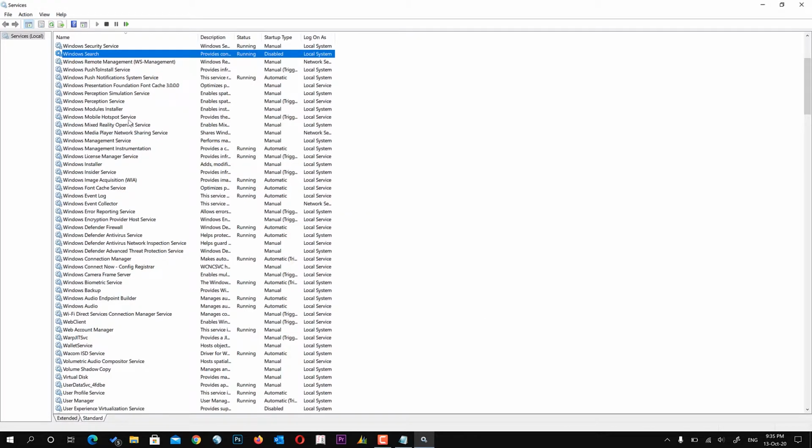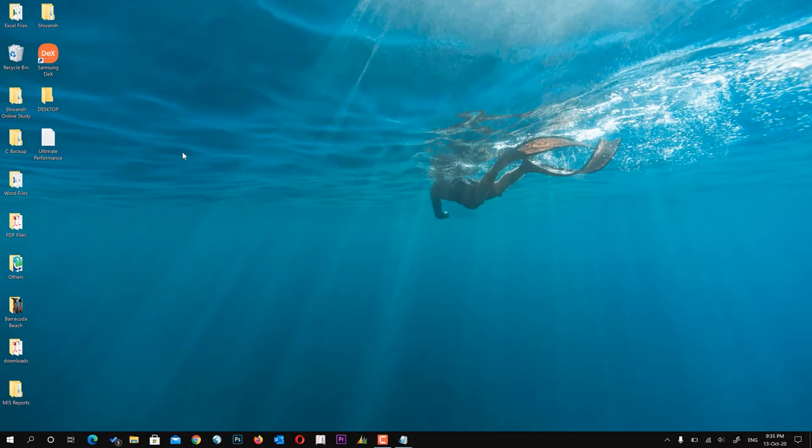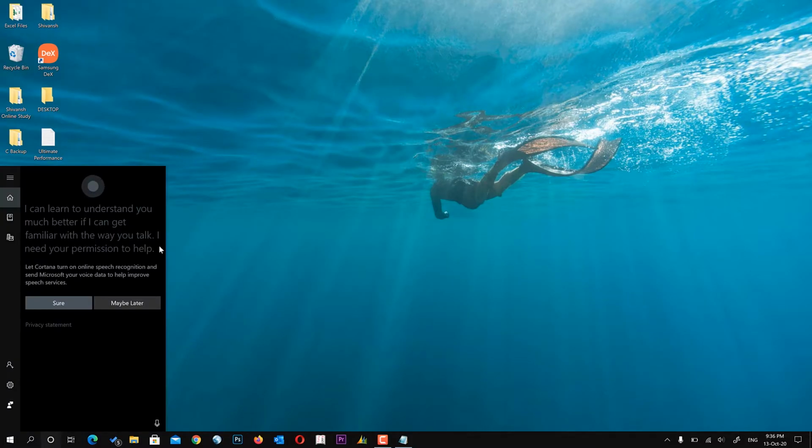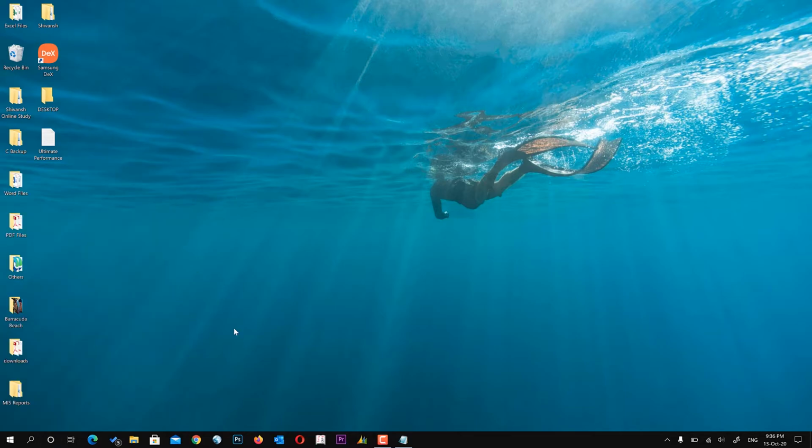After that, your searches may be slightly slower, although you may not notice the difference, but you should get the overall performance boost. Now the next thing is to disable Cortana. While Windows 10's digital assistant, Cortana, is a handy feature, it uses a lot of resources and also poses a privacy threat. Cortana used to be easily removed, but in the up-to-date version it is a little bit difficult. If you are willing to make an edit in your system registry, it can be done. So if you are ready, let's start doing it.